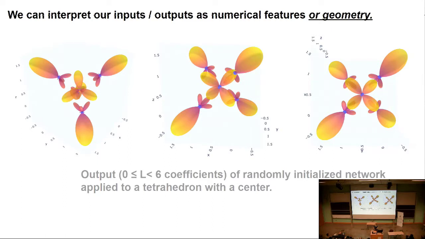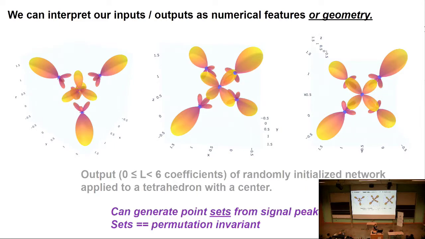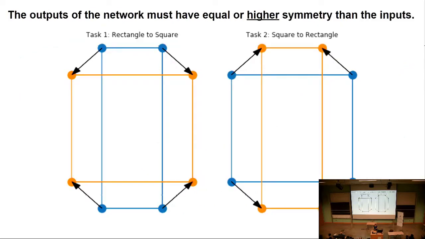And so you can see they're highly symmetric. There's a lot of things going on. It already looks like electron orbitals might look like this, just due to the symmetry of the problem. And what's really cool about this is that using this as a geometric picture, you could imagine placing points on the maxima of these functions. And this is actually a permutation invariant way of generating new points. So you're not assuming any order to these new points that you're generating. You're just putting them out there. So you can output highly symmetric objects in one go. And I think this would be useful for generating atomic geometries.